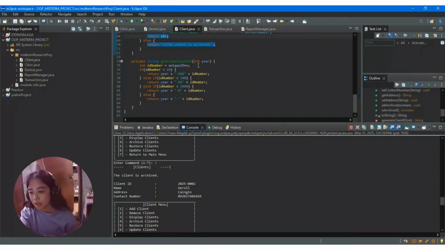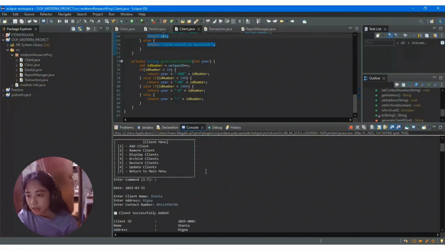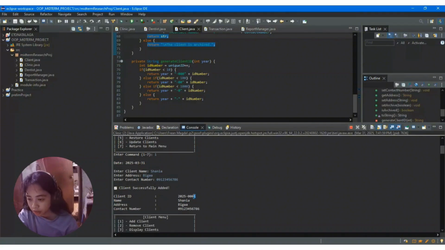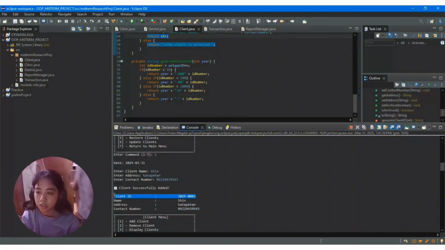What does this do? When you add a client, it automatically sets a value of 1. And then when you add another, the value increments, so it becomes 2, 3, and so on.